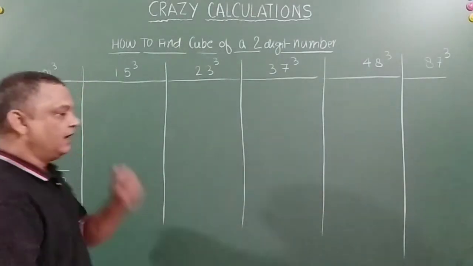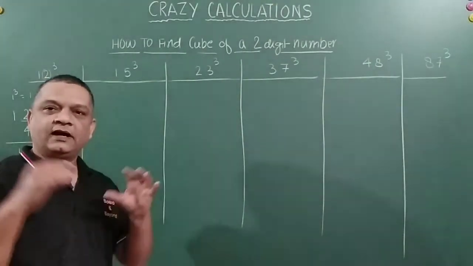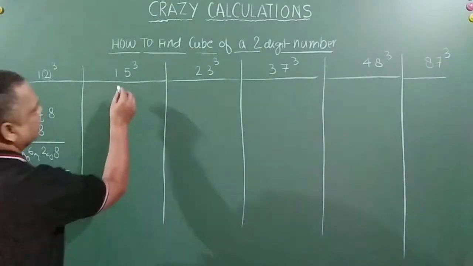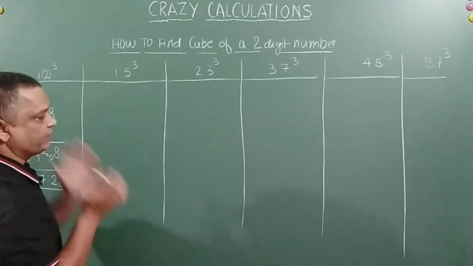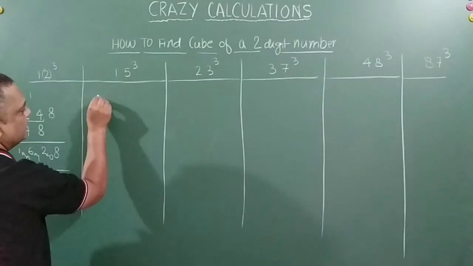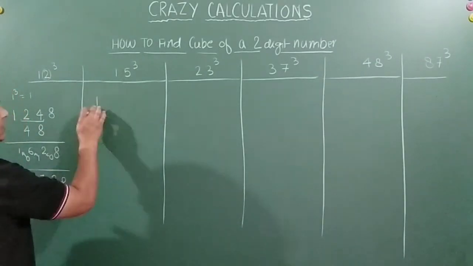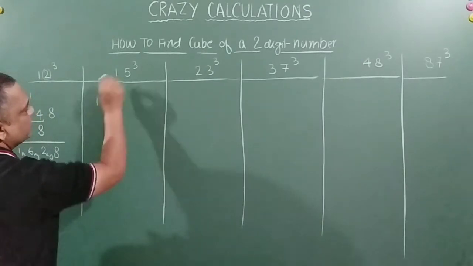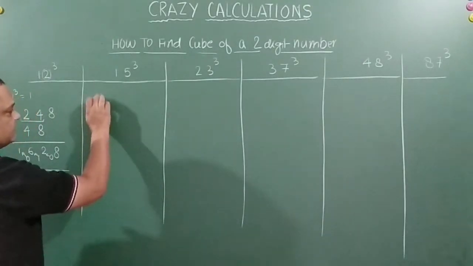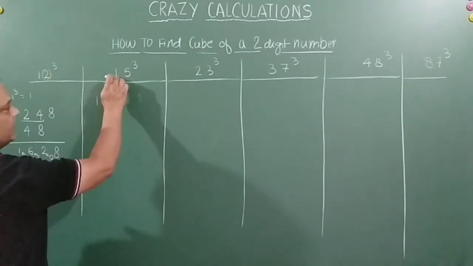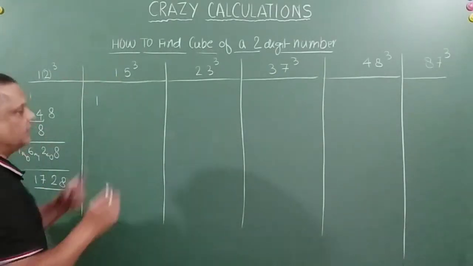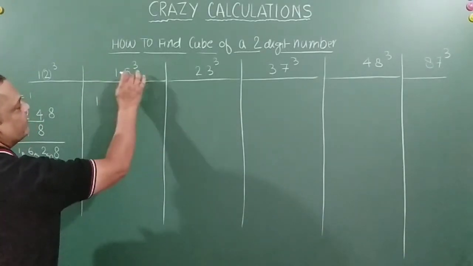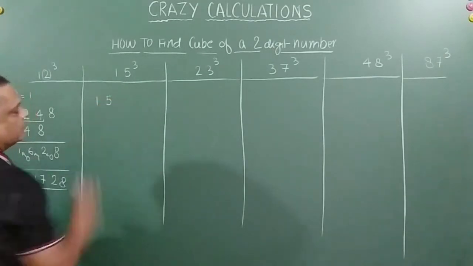Let us take one more example and I will explain in detail, and then we will move on to other digits, right? So now 15 cube, friends. I will cube the first number and then fix it up here. 1 cube is equal to 1, right? Now I will divide this by 1, that is the digit which I have fixed here. I will divide this by 1, the first digit, the answer is 1. Then I will multiply whatever I got after dividing with 5, and the answer would be 5, right?